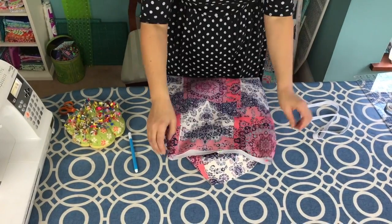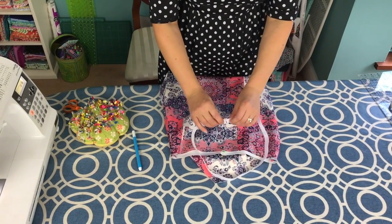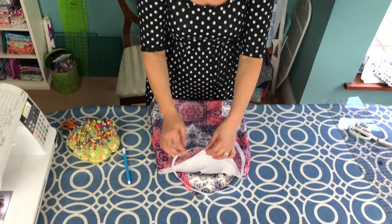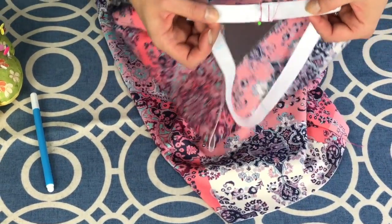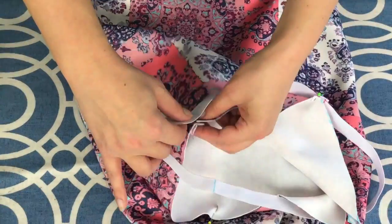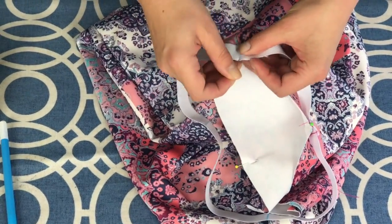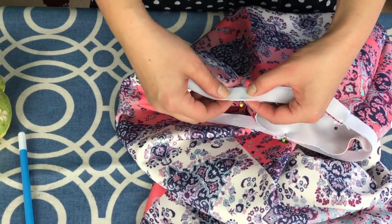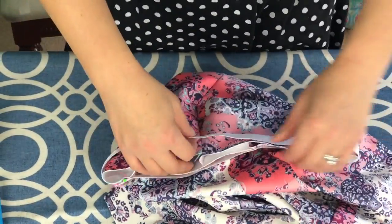And we're going to take the elastic and we're going to lay it on the right side of the fabric. So I'm going to take my centre back seam, which is, there's no centre back seam on this skirt, but the centre back of the elastic, and I'm going to position that on the pin that's in the middle of one of my sections. And then I'm going to pin that so that the elastic is right on the edge of the Scuba fabric on the right side. Then I'm going to take my next mark and I'm going to align that over the seam and pin that in place. And then I'm going to turn it again, line up my next mark with my pin, and finally